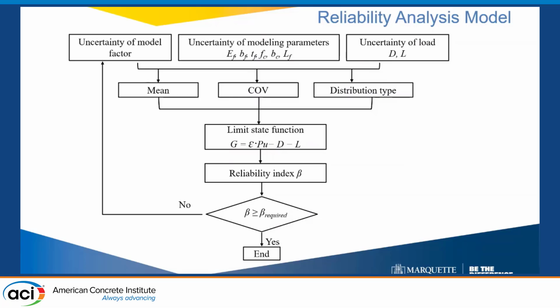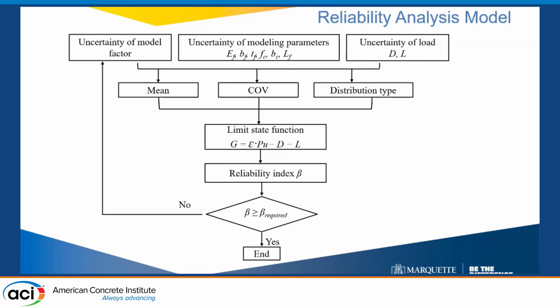Another part is from the modeling parameters, like the stiffness of FRP, the concrete compressive strength, and some parameters regarding the groove, like the depth of groove, the width of grooves, or maybe in terms of transverse groove, we need to consider the number of grooves. The last part is definitely from the load, dead load, live load. So once we identify the statistical characteristics of those values in terms of the mean, the coefficient of variation,